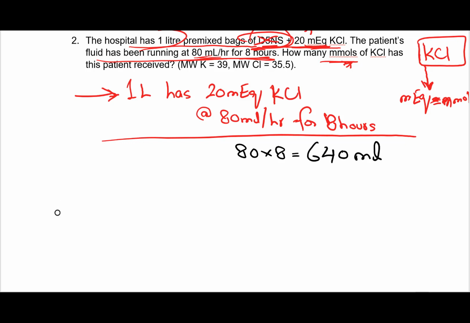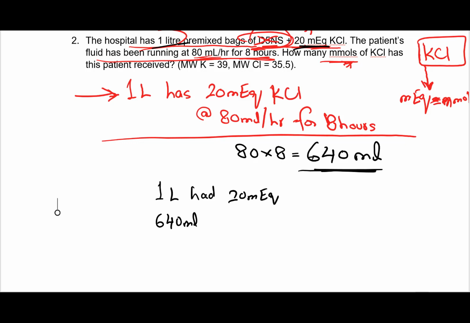Okay, so now we know how much fluid or infusion the patient has received. We can find out how many milliequivalents were present in 640, and that would be the milliequivalents the patient has received. So 20 milliequivalents were present in 1 liter. Now 1 liter had 20 milliequivalents,